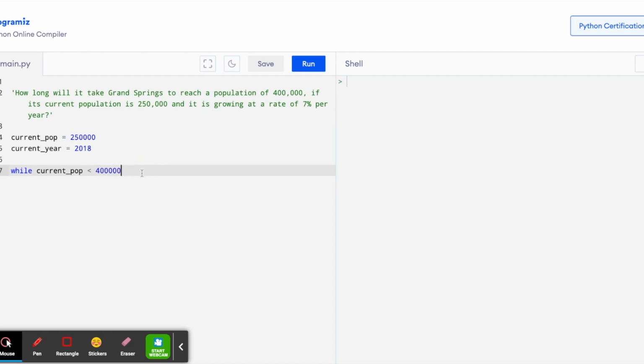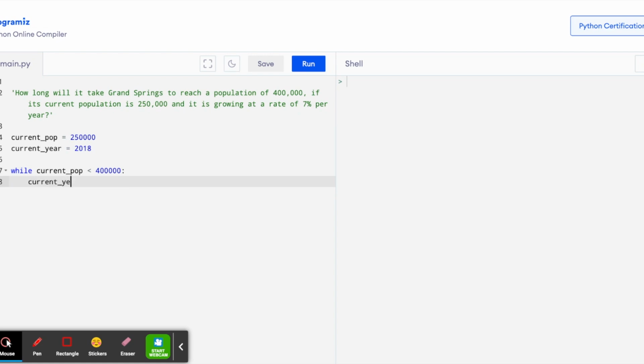So I chose 400,000 as my number because our question is, how long will it take Grand Springs to reach a population of 400,000? So we want to increase the population until it gets to that. But we want it to repeat the loop while our current population is less than 400,000. So while current pop is less than 400,000, colon,